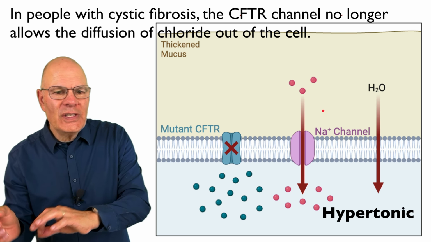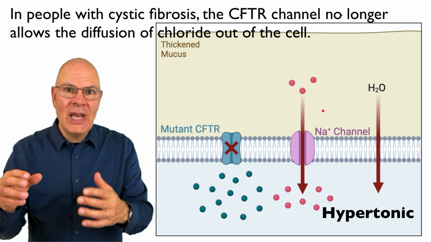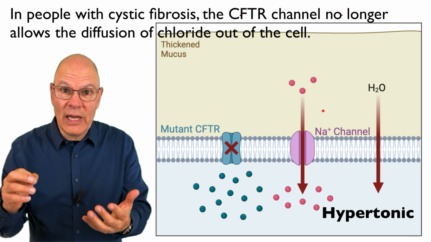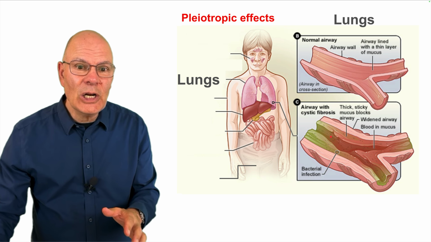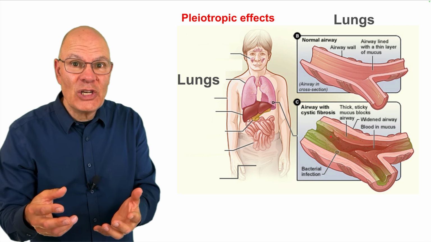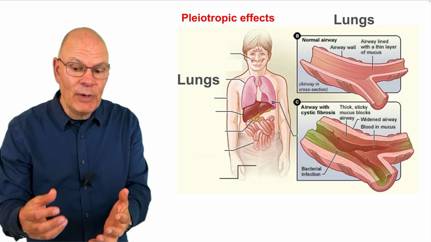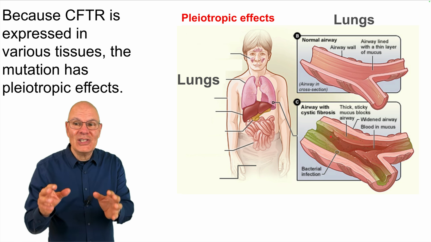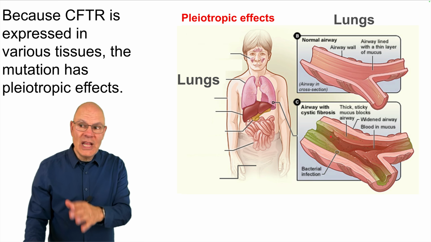So as water moves into cells by osmosis and away from the thin, slippery mucus that lines the airways, that mucus becomes thick and clogged. You can see that thickened mucus over here. And what happens is that it winds up trapping bacteria, causing infection that leads to inflammation, tissue damage, and ultimately lung damage. But because CFTR is expressed in various tissues, the mutation has pleiotropic effects, not just in the lungs,